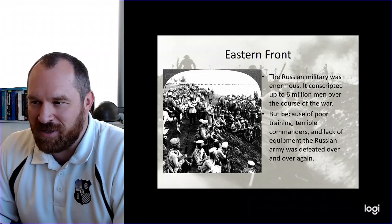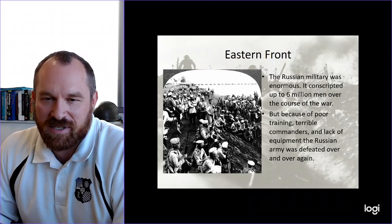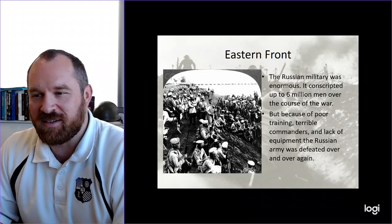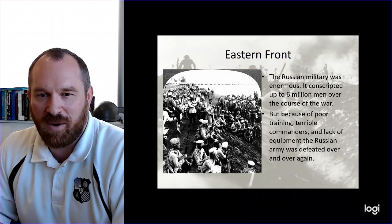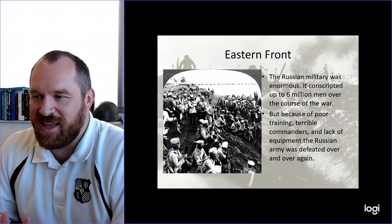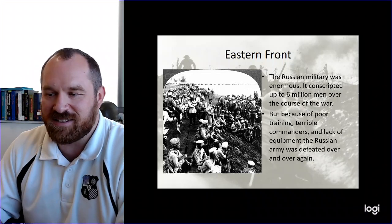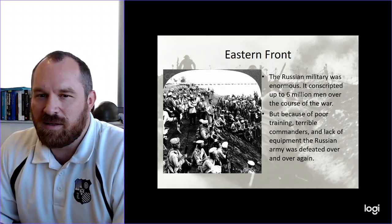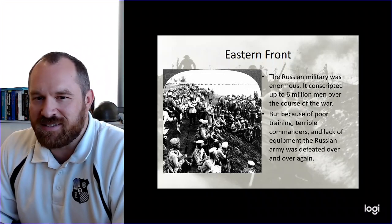I don't know how many Russian generals were foresighted enough to see, oh wow, planes are going to impact us, oh wow, tanks are coming, or oh wow, this war was going to be won by the side of the last million men left standing. I haven't heard of anything like that with any Russian generals, but they do have very experienced generals. It's when you get into the lower officers, like captains and things like that,